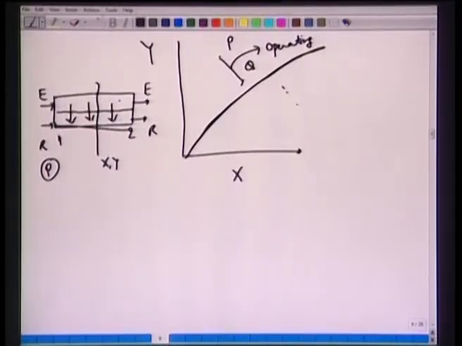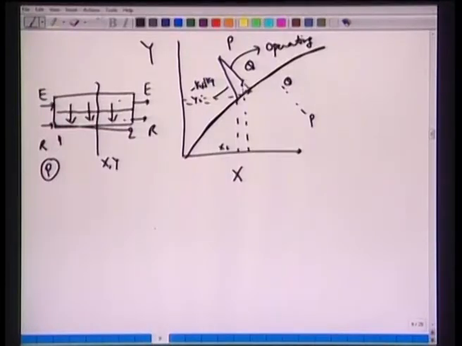Unlike the previous case where we had this PQ, we had the mass transfer from this R phase to this E phase. Here also we can extend this line to hit the equilibrium curve, which is the maximum mass transfer you can have. If you want to draw the different driving force, then one can draw another line with the slope of minus kx over ky to obtain yi and xi for the P. So we will have yi and xi. Similarly, here also we can draw this line to obtain the two phase interfacial concentrations.